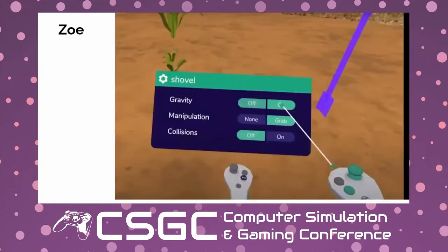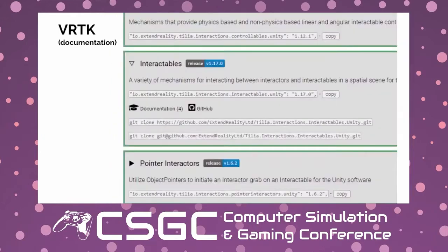Throw the shovel down and it's got 3 options, right? So it's very limited options, but it is very quick to develop a VR experience. Now, VRTK,